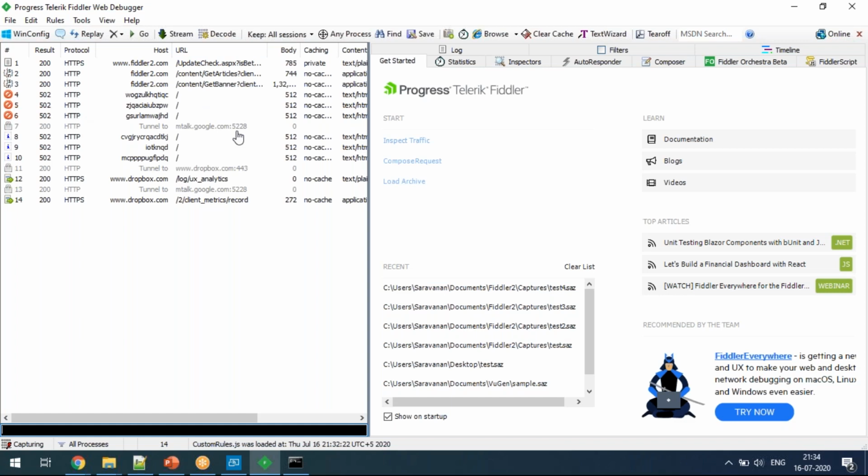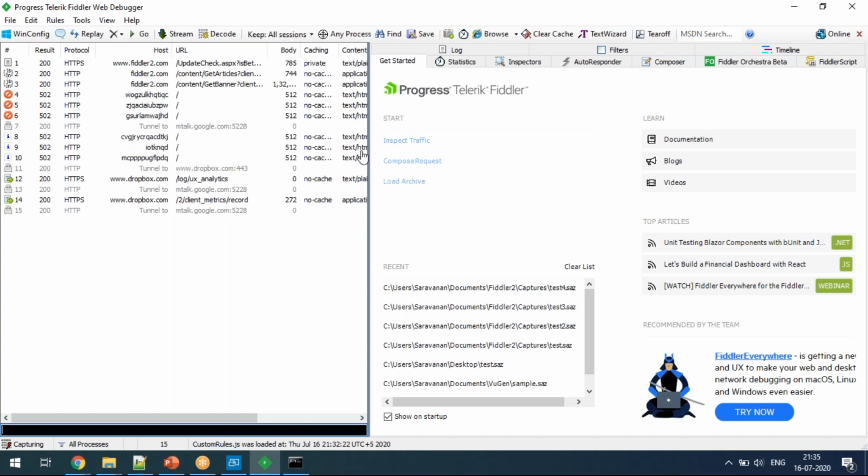So basically, you configure the port in Fiddler, and then you configure the port and the IP address in the mobile device, and whatever we try to do on the device will all be captured in the Fiddler tool.